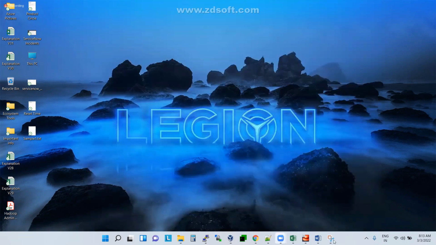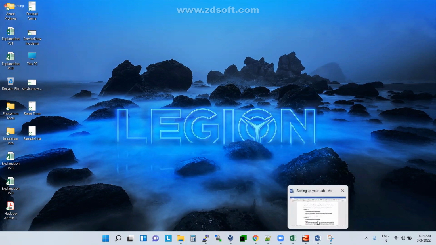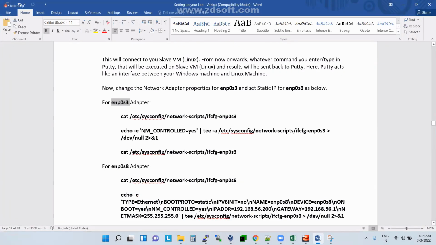But in case of a Linux machine, if I want to change some network settings, what do I need to do? I need to understand where that network property file is, and I need to change it. Now I want to make changes to ENP0S3. What changes do I want to make? I want to add one property: NM control equal to yes. This is the property I want to add to this ENP0S3 adapter